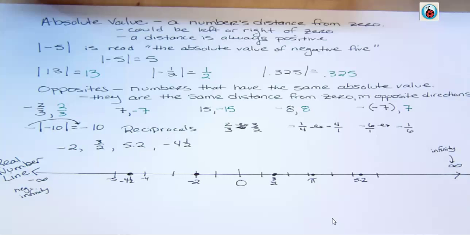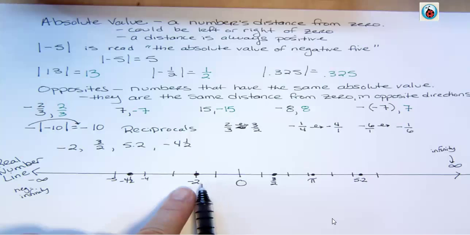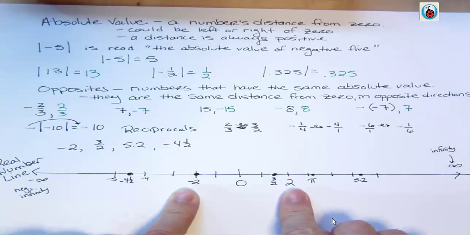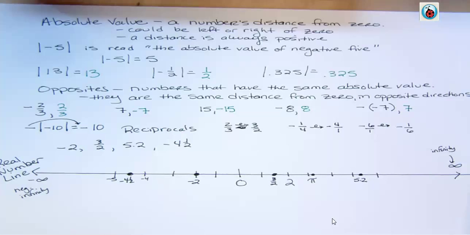So when you want to plot a number on a number line, you just put that point coordinate there, and then you put the number that goes with it, and that's how you can plot numbers on the number line. And notice that if I wanted to talk about opposites, -2 is here, its opposite would be +2. They're the same distance from 0 in opposite directions. All right, that's it for